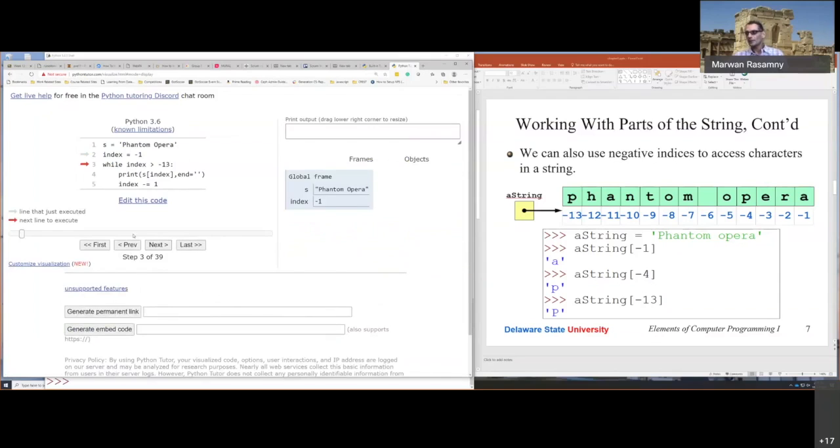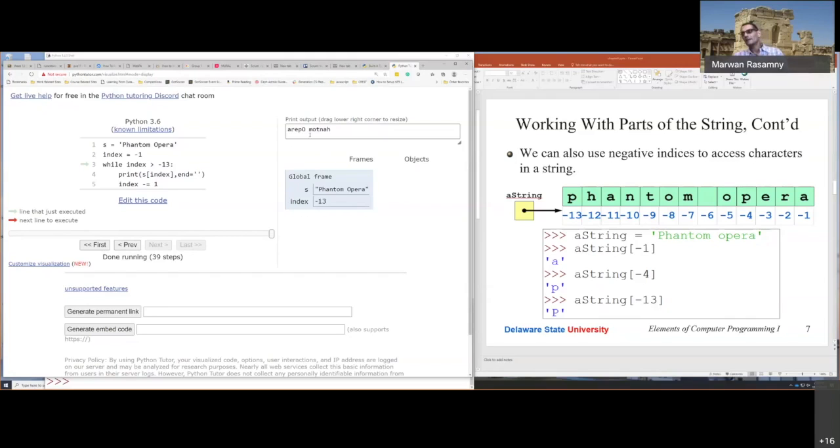Okay. So now if we visualize this, here we are. Now I'll go here. I print A. Now it's going to decrement index to minus 2, which makes sense. It's still greater than minus 13. Now it prints the R, decrements index again, continues, E, continues, P, there's the O, so that's opera backwards, right? Notice they're printing next to each other because I did end equals empty string, right? And if I keep going to the end, eventually it stops, but